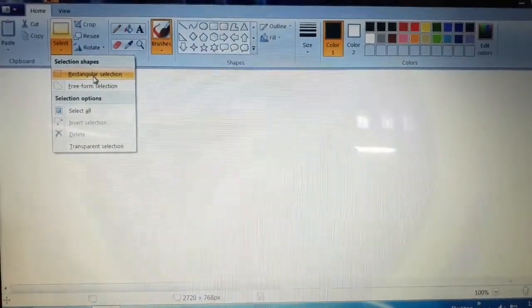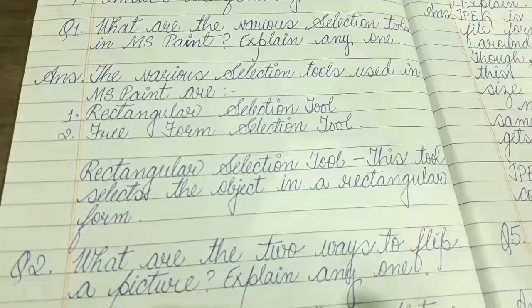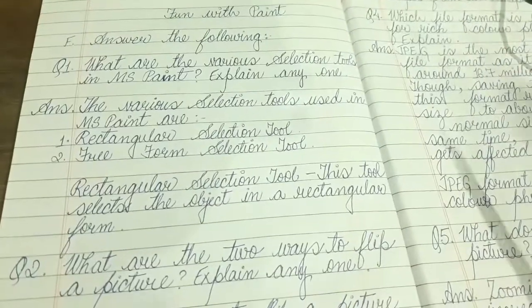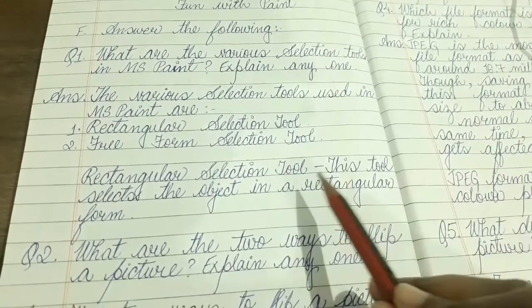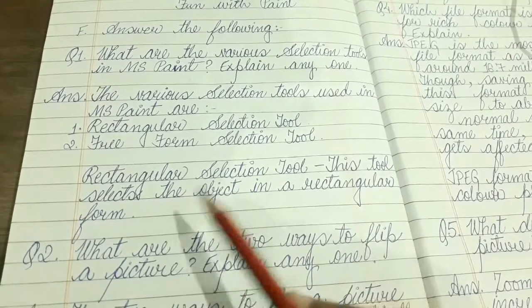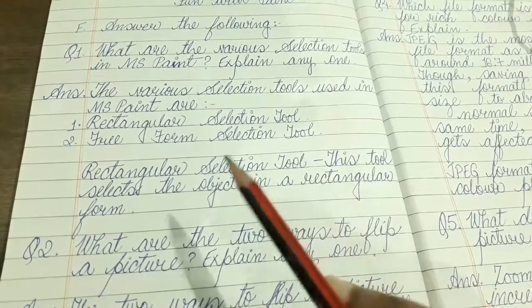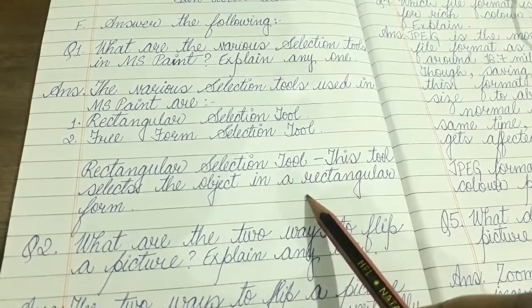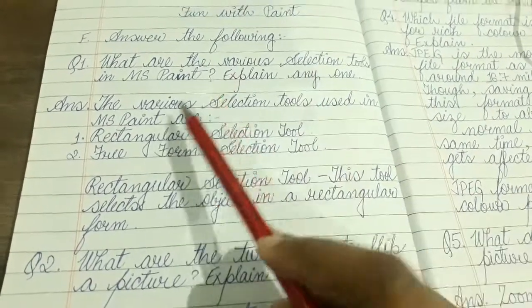Now in the question it is said that explain any one. So all of you know that the rectangular selection tool selects the object in a rectangular form. Rectangular selection tool क्या करता है? It selects the object in a rectangular form. So I hope now the first question is clear to you.